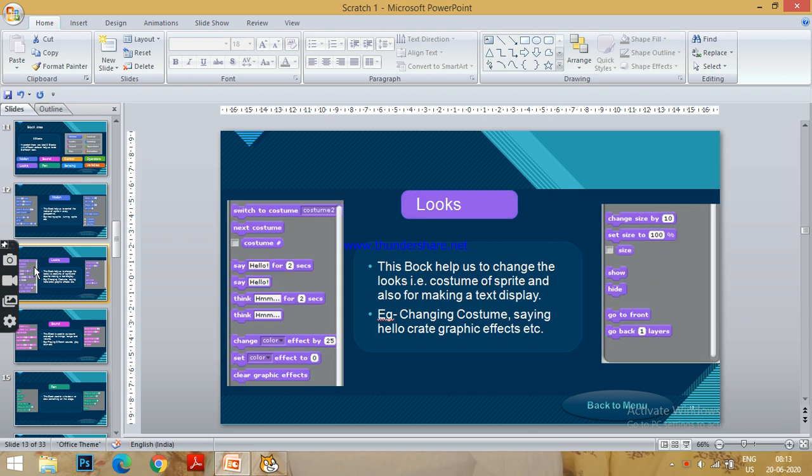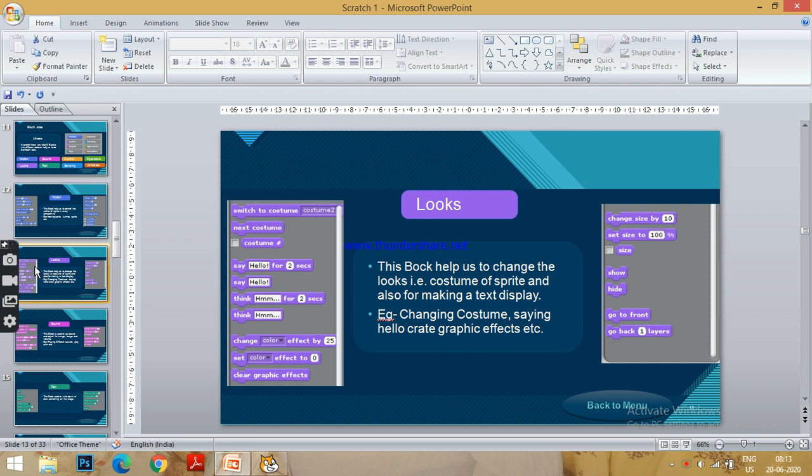Next we had used the looks also. In the looks block, what is the purpose? The purpose of the block is to change the look, that is the costume of the sprite, isn't it? So if you remember, to move the cat we had used two costumes.